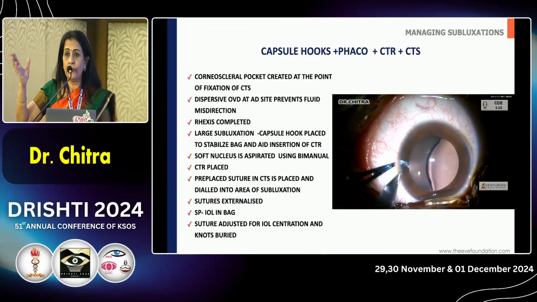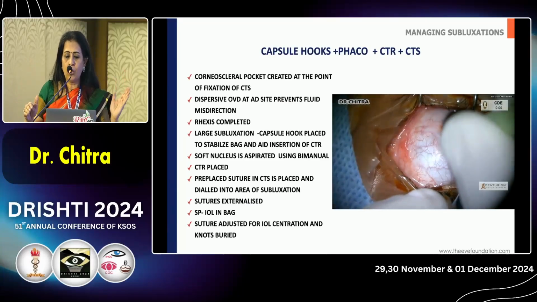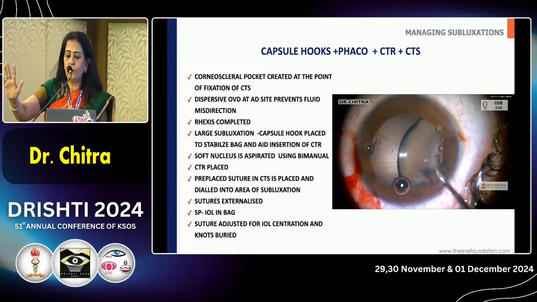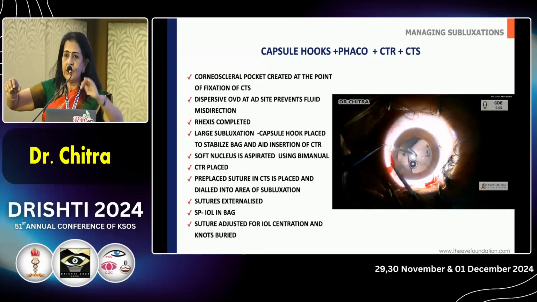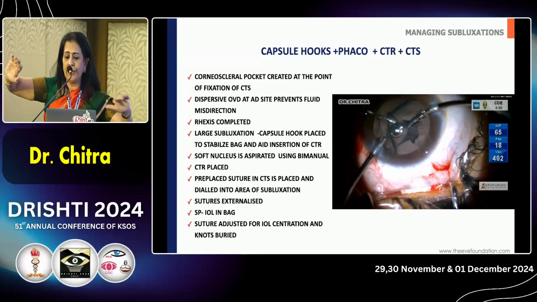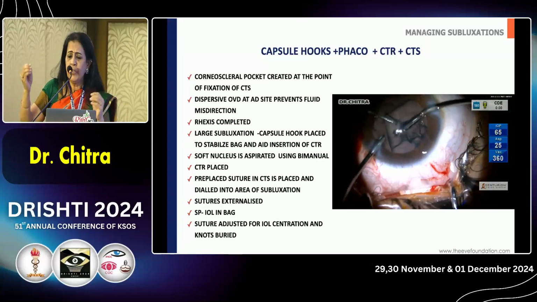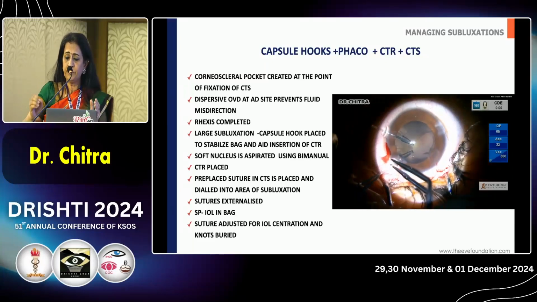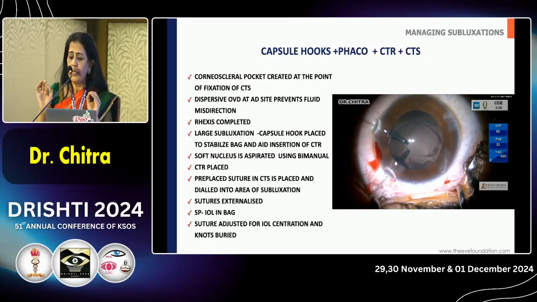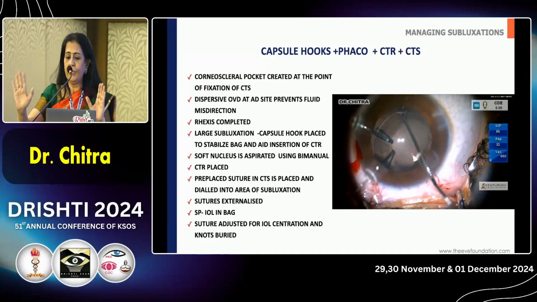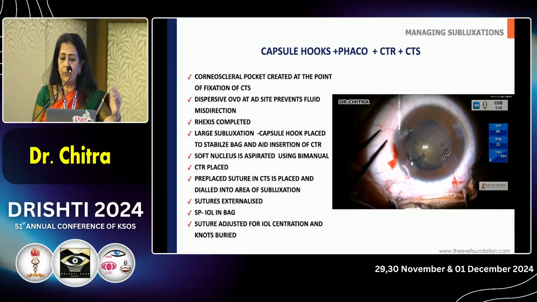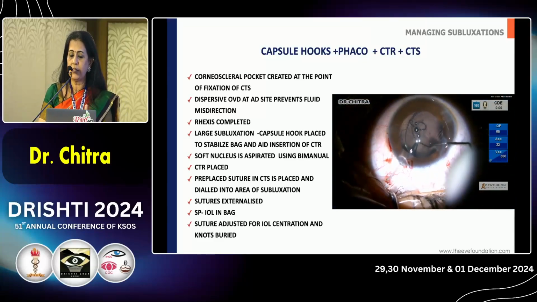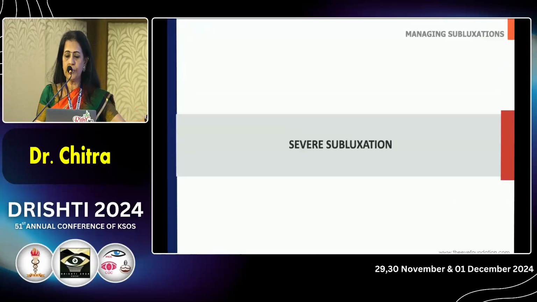Now, this is a case of a very significant subluxation. So I make a corneal pocket for a Hoffman's pocket, inject viscoelastic in that area of zonular absence to prevent fluid misdirection, create a small rhexis, but I'm going to use capsular hooks to stretch the bag. So make it more centralized. To what extent? Just with my IA, remove the soft cortex, but that's not enough now. So now what I'm going to do is, I'm going to loosen the capsular hooks. I'll just place my CTR into the capsular bag. So one support is done, and then I would remove it, and then I'm going to place a CTS into the capsular bag,